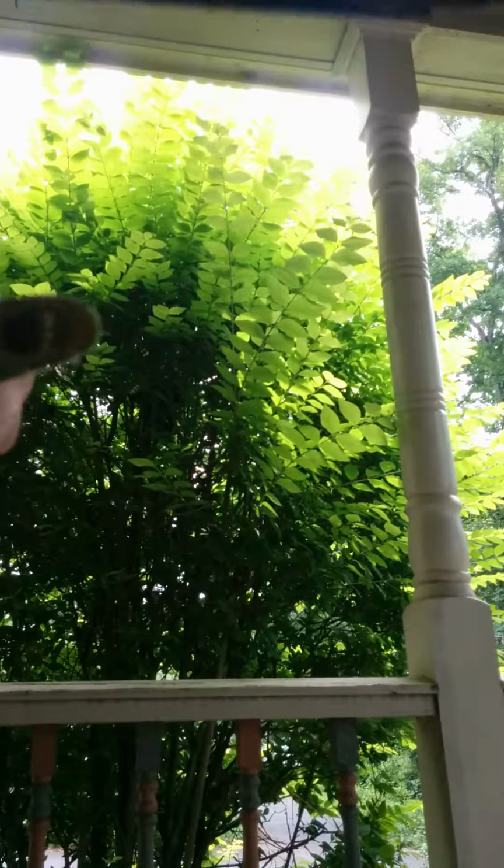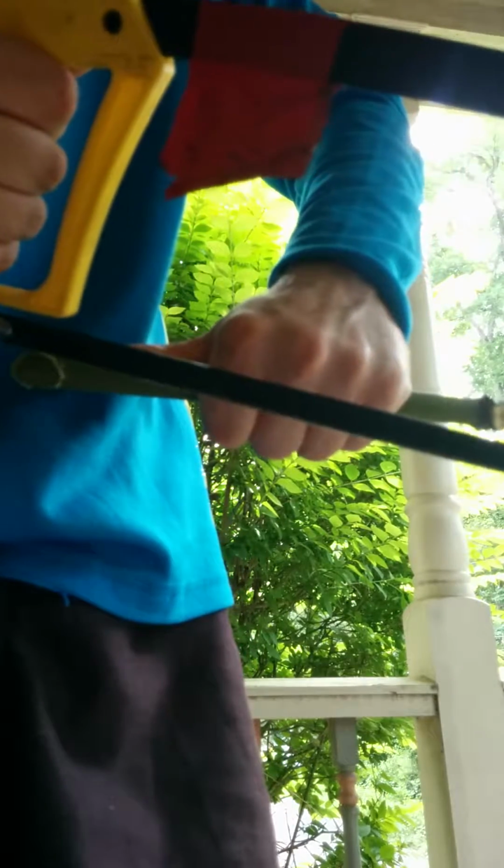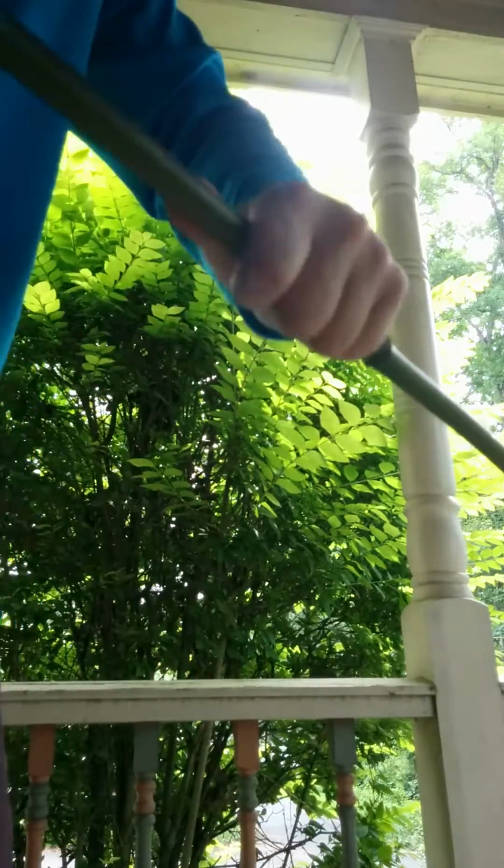And it's the same thing. I'm going to cut mostly through at the end. I'm going to spin it around. Finish the cut like that. I cut myself on these things sometimes. If I'm not careful. You want to be careful. Got it. There you go. I'll cut that one. Now,